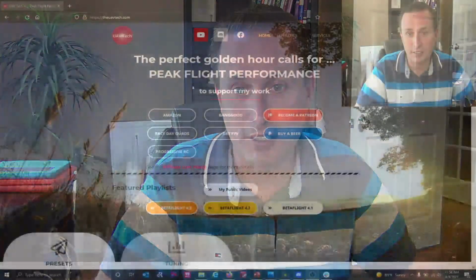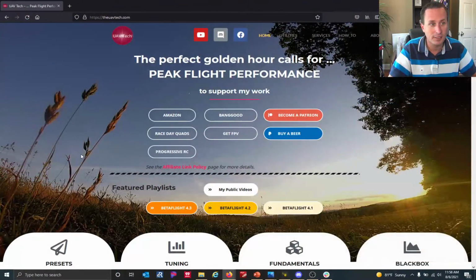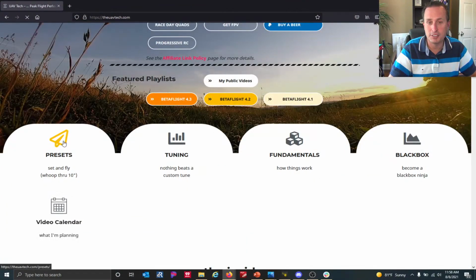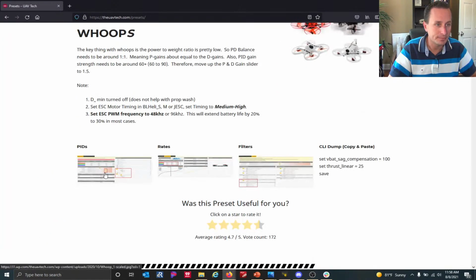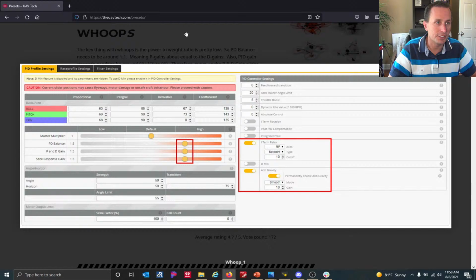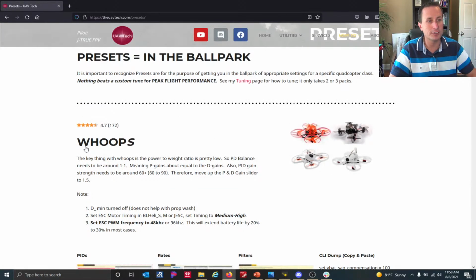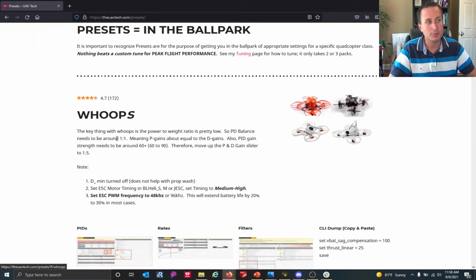So, like on my website here, uavtech.com, I literally reused some of the images because the ratios between stuff seem to line up. As your quad, like for example here, you'll start to see, well, without getting into too much detail, you'll see whoops require about a 1-to-1